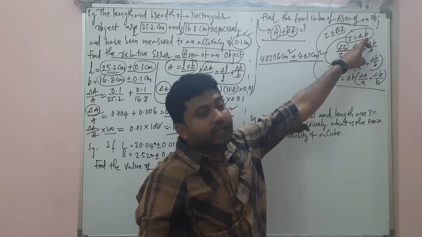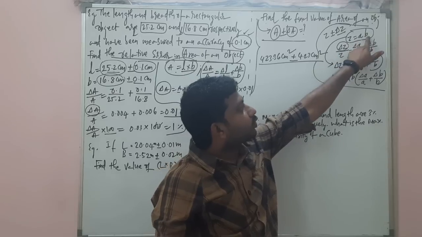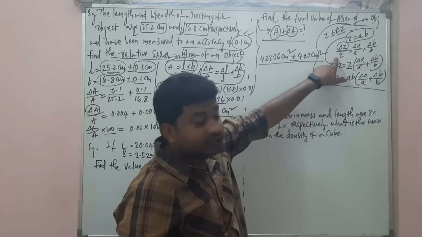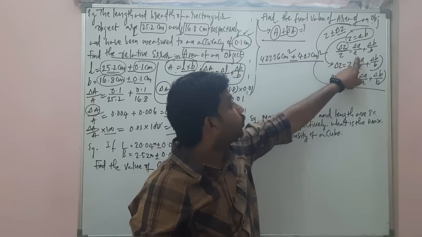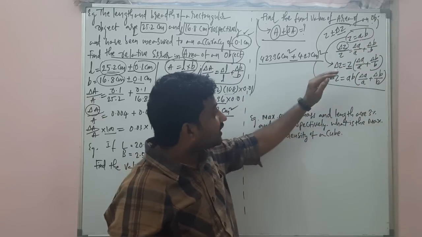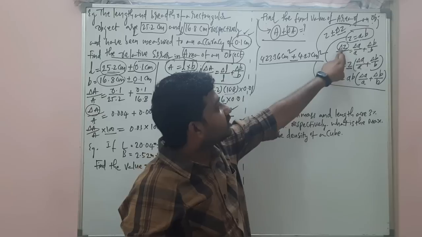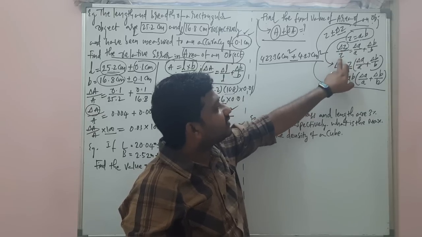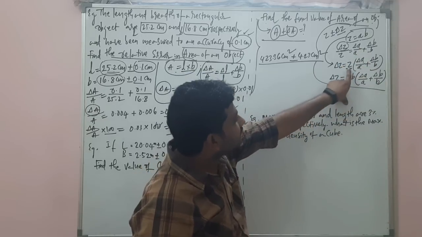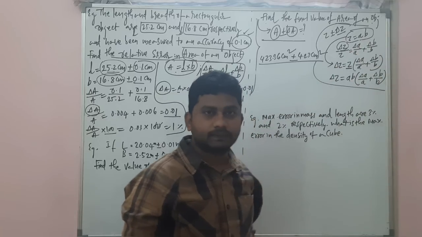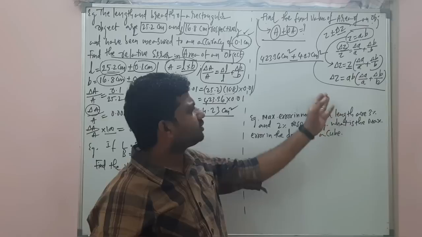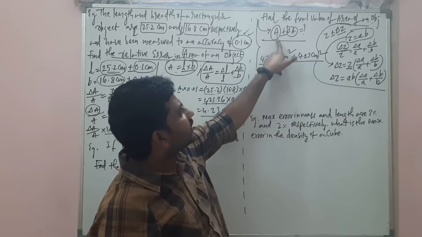When Z is equal to A into B, when a final value is a product of two different physical quantities, then the relative error of the final value is equal to the sum of these relative errors, which you can see here. From this, we need only delta Z. So then Z will come this side: Z into delta A by A plus delta B by B. And what is Z? This Z is equal to A into B. Alright. Clear? Is it simple? It is so simple.